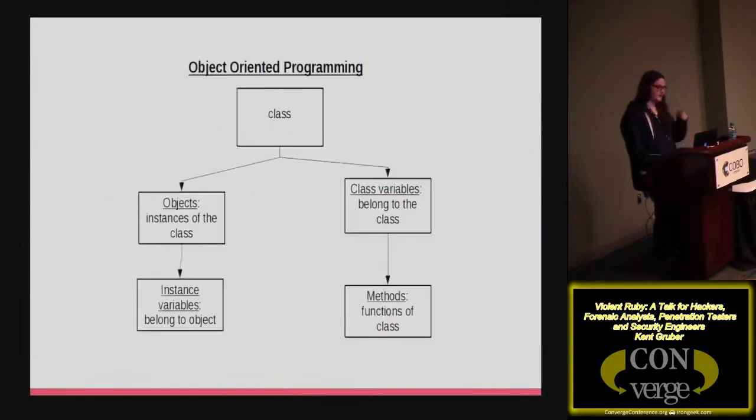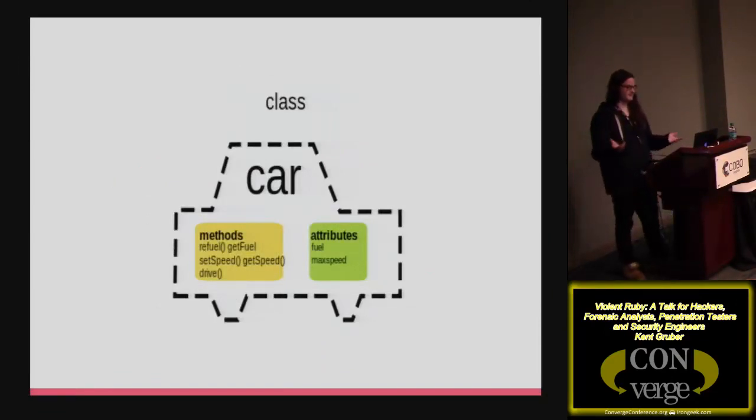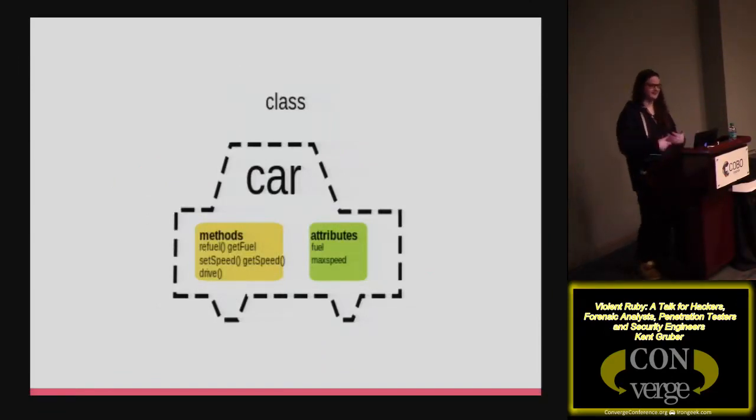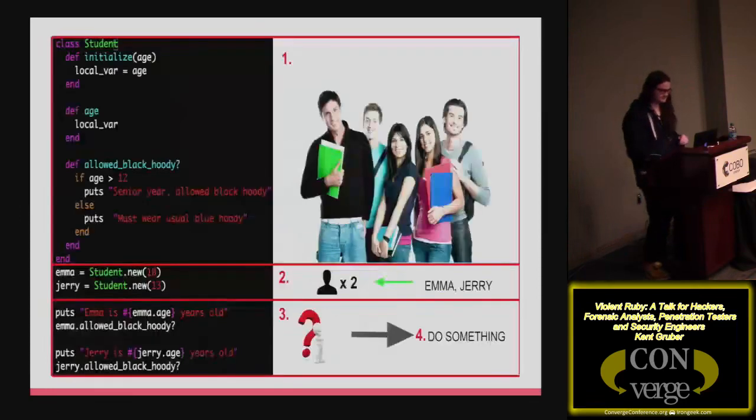Cool. So object-oriented programming. This is object-oriented programming for sure. So basically, you have a car, let's say, right? Because we have an object, a class, something that we're going to program, let's say, a car. I don't know why we're doing that. But anyway, you have methods, things that you can do with that car, things that it knows how to do. And then you have attributes, things that those methods are going to start to influence under the hood inside of that object, inside of that class, right?